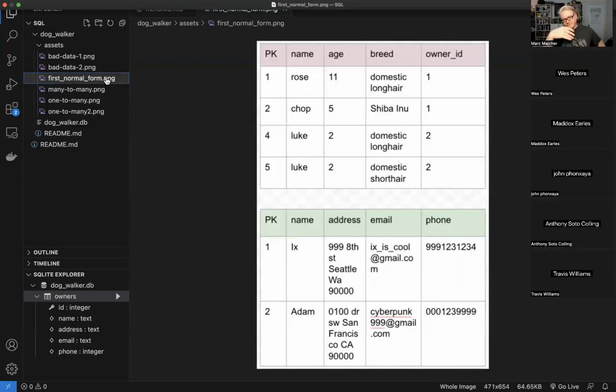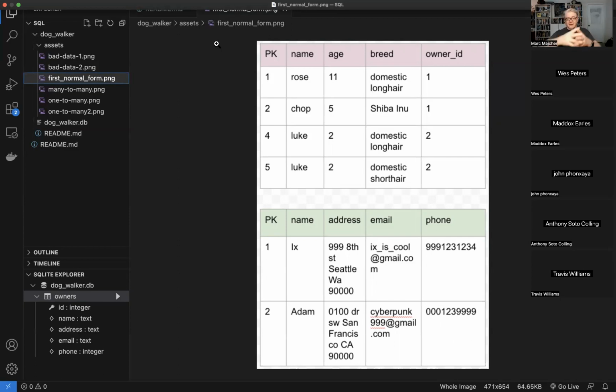So the way that we want to kind of pull stuff together is, instead of putting everything in one big table, we want to make these tables correspond to the way our objects are going to be designed. So in this case, we have owners and we have pets.